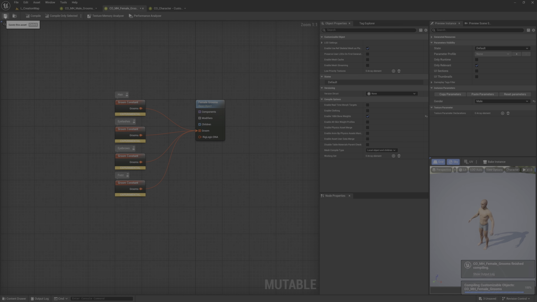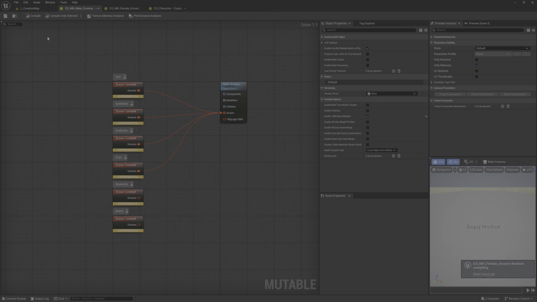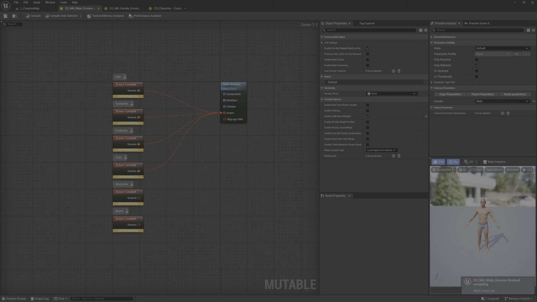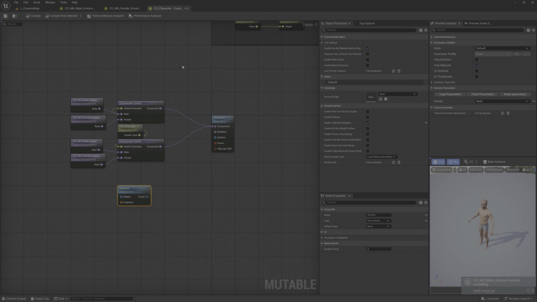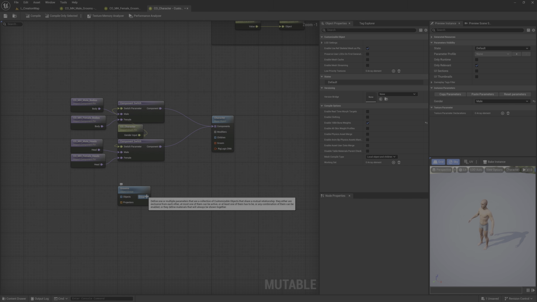Give me a second. Experimental, compile and save. Look, we are already seeing the character here, and we have nothing here at all. It's empty. And here, as you can see, we have our external object, our grooms, both male and female.